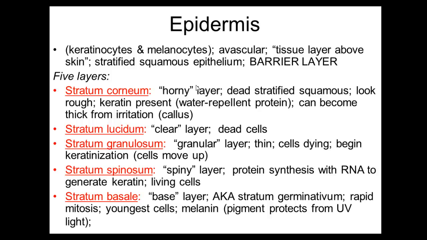Stratum granulosum is a granular layer. It's thin, cells are dying, and they begin to keratinize as they move up. Then we have our spiny layer, which is where protein synthesis with RNA generates keratin in living cells. And then we have our stratum basal layer, the base layer, aka stratum germinativum,